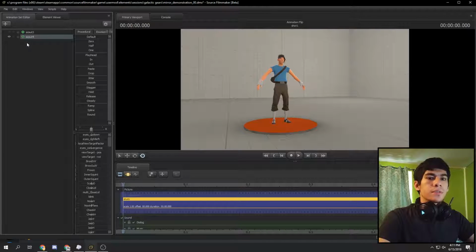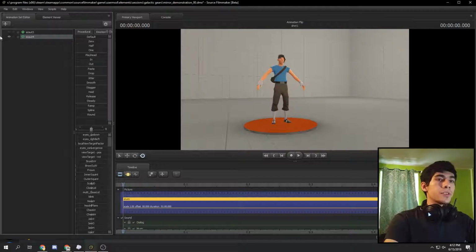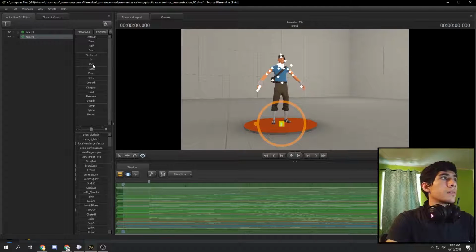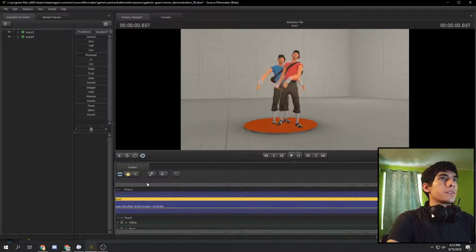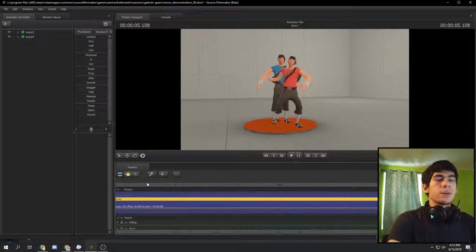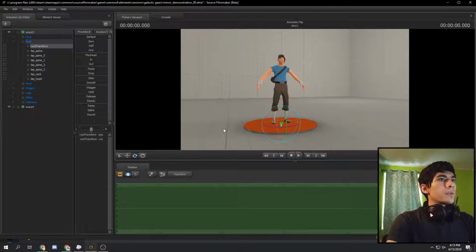So there's two parts to this. The first part is getting the translation and rotation in the hips, and then you just have to do rotation for the rest of the bones. But just stick with me, and we'll get through it together. So take the model you want to mirror and make sure it doesn't have any animation. If I were to play this together, you see the right-handed one is fully animated, and the left one just staying in its T-pose. So what you're going to want to do is take the right-handed model and turn it